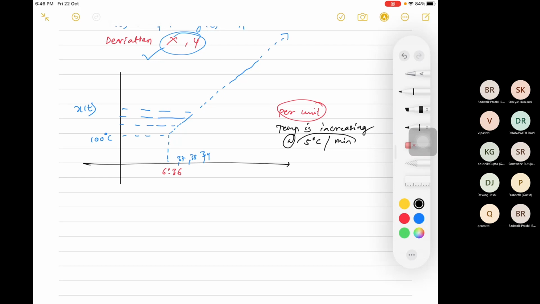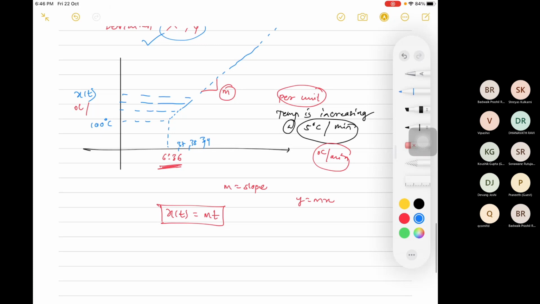Okay, so this is what is rate. Rate is given, and what is its unit? Degree Celsius per minute. And what is the unit of slope? You can see here degree Celsius, and here it is minute. Barabar? So your slope is m. So whenever disturbance is given in ramp response, it is always slope. Okay, and what is now x of t? You know y is equal to mx, right? So x of t is equal to time into some slope, so that's why it is m into t.